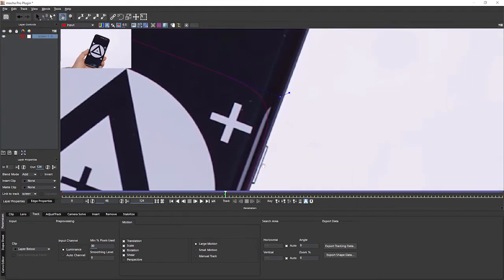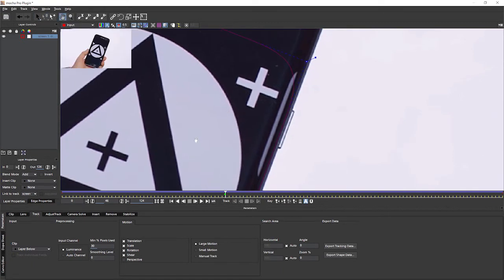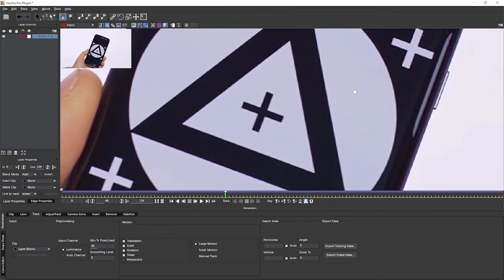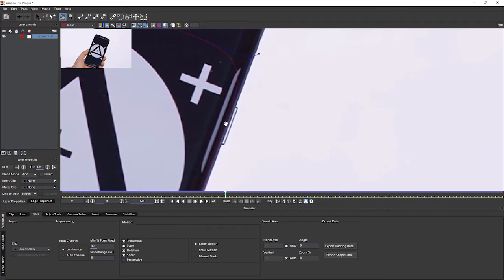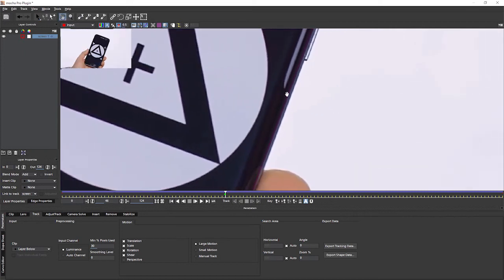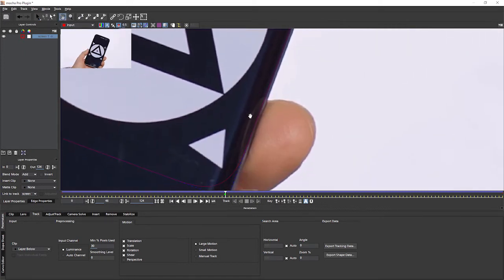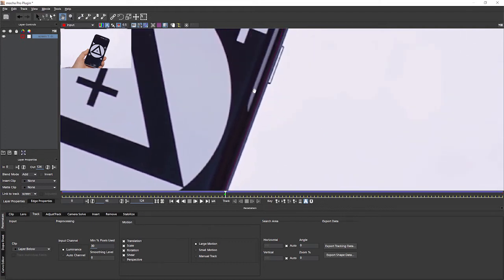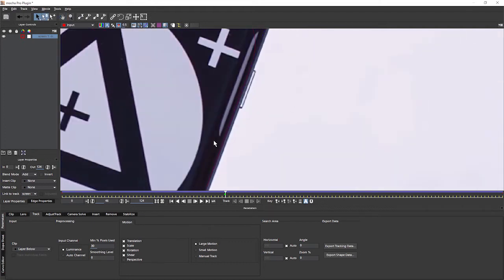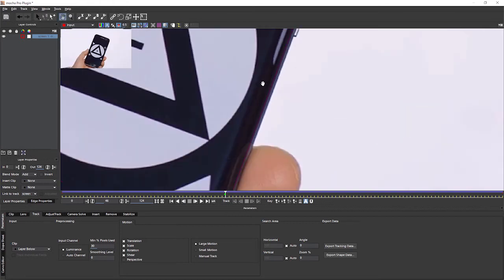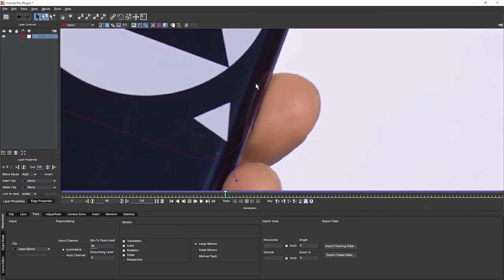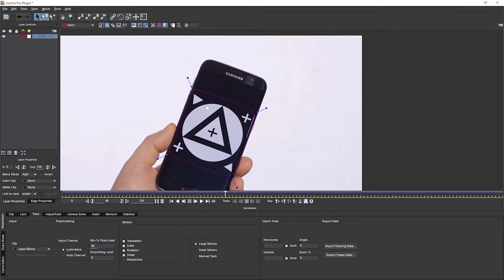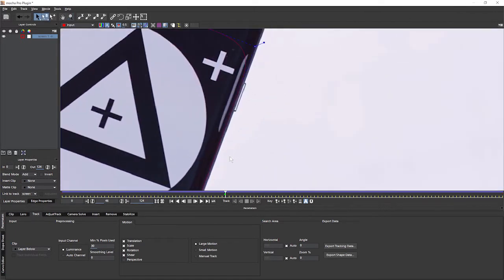Now, we had a lot of information in the middle that managed to carry us through, but you probably heard a little bit of surprise in my voice when this tracked in as well as it did, because I did something that we shouldn't really do, and that is include things, especially on the edges, that don't share the coplanar movement. Well, Ben, of course it shares the coplanar movement, we're just tracking the screen in. Yeah, that's true, but if we have a little look through here,